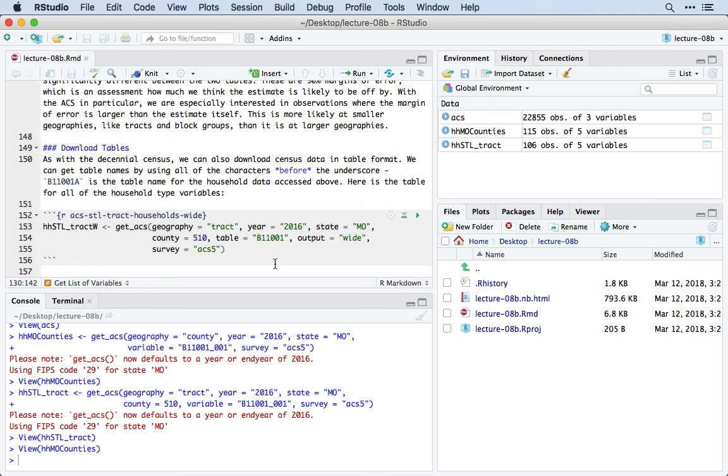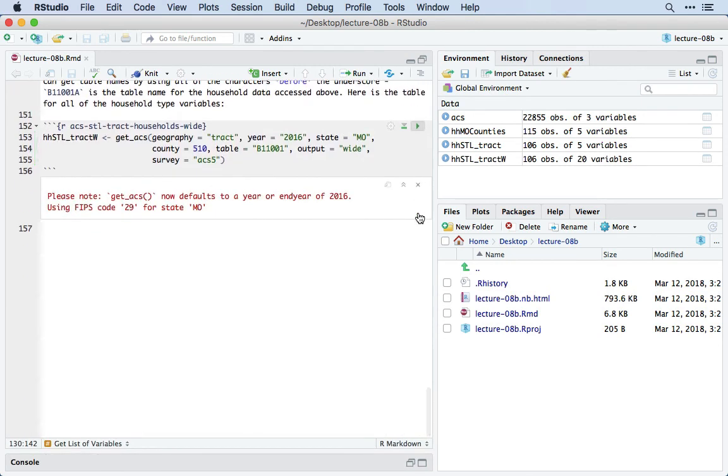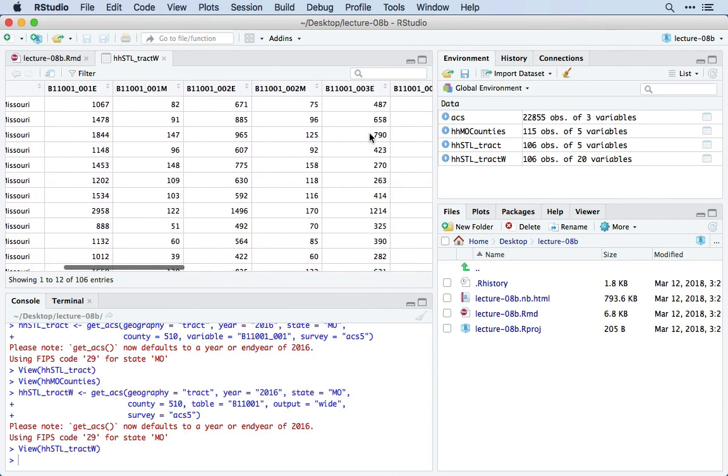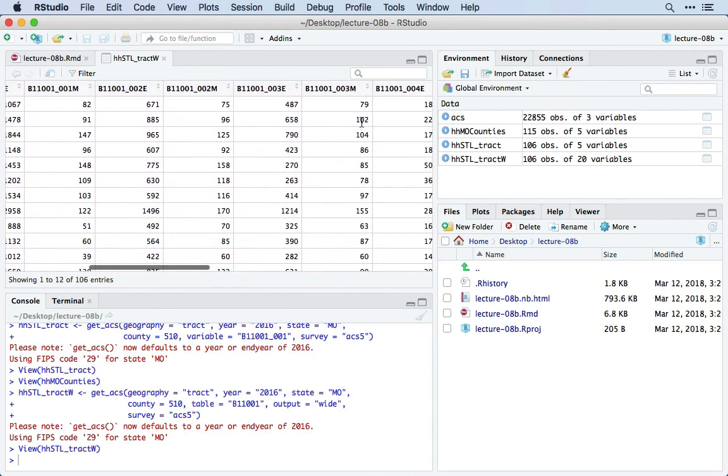We've also set the output to wide. So when we execute that code, we can open up the object and we'll see each of the columns, which is a different variable or a margin of error associated with that variable for each of the measures contained in